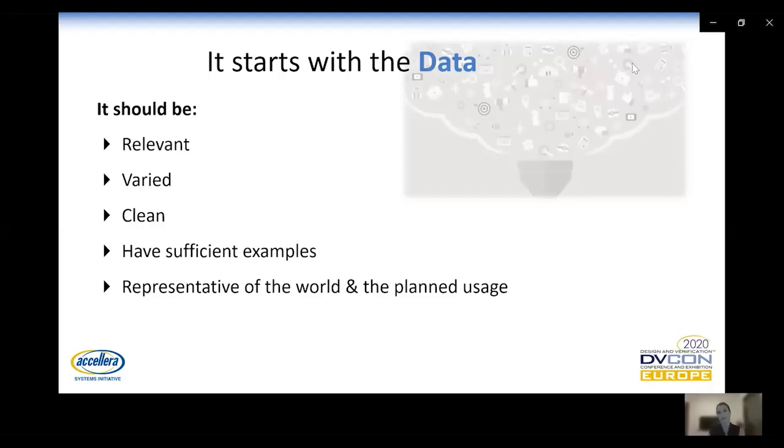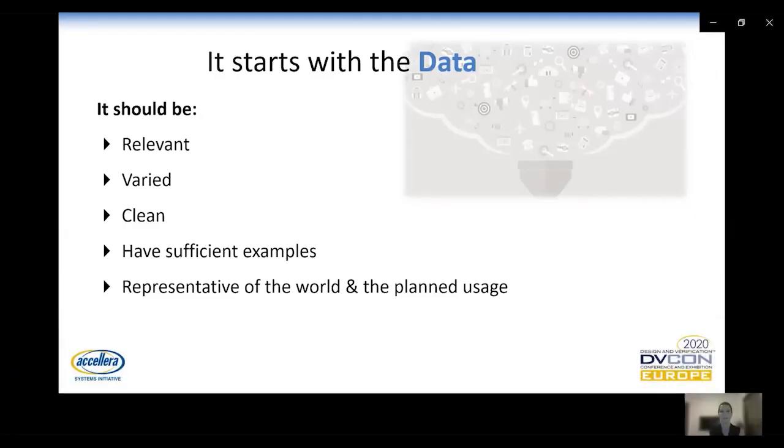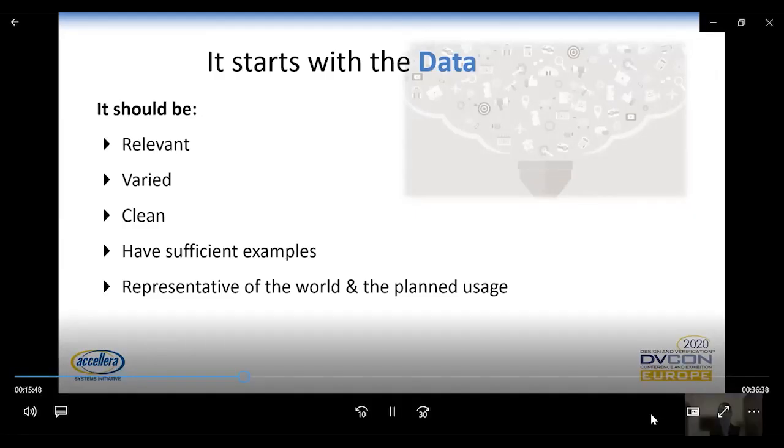Beyond that, we need to make sure, beyond the quantity, that we have the right level of quality. This is critical. There is a statement in this domain called garbage in, garbage out. If the data doesn't represent or isn't relevant to the problem that we are trying to solve, meaning that the data doesn't tell the story of how the business processes actually work or how decisions are being made,